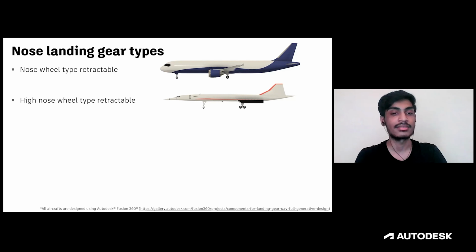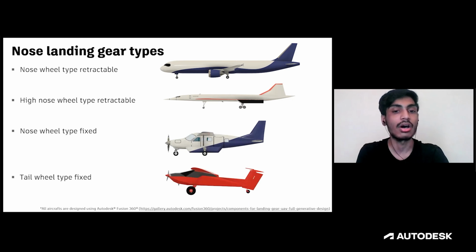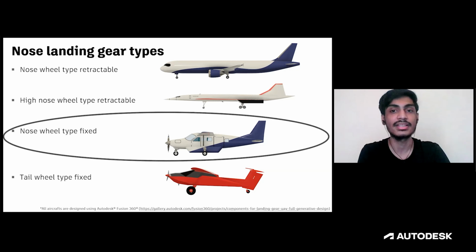Then of course we looked at some more landing gear types and we came across the rigid ones. In better words, the other two landing gear types, visible from the picture, are the types of landing gears which don't retract and stay in their position as they are. Of all four, the best applicable landing gear design for a case study would be a fixed type of landing gear, which is the third one. We decided to go on and try the experiment further on a fixed nose wheel type landing gear to get a case study out. Then we'll start thinking more about going back to retractable nose wheel types.